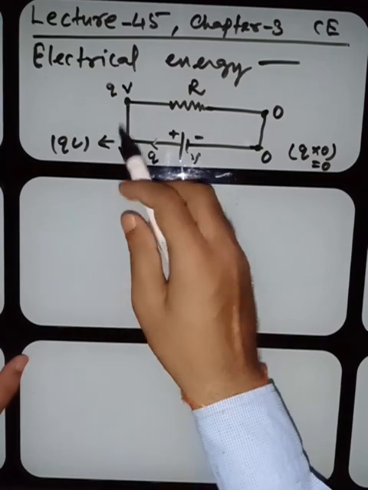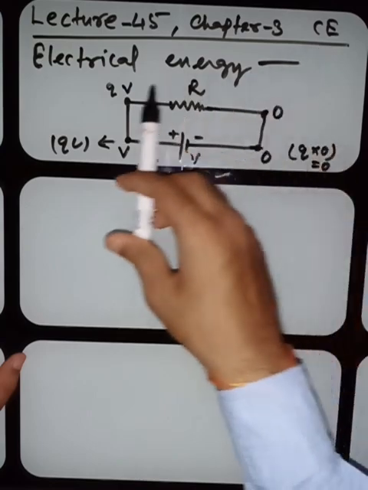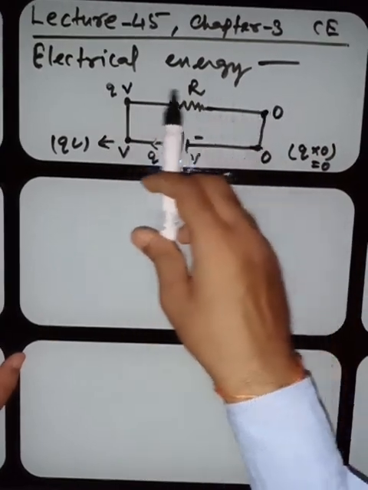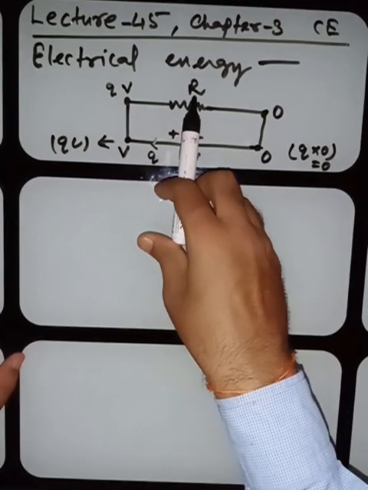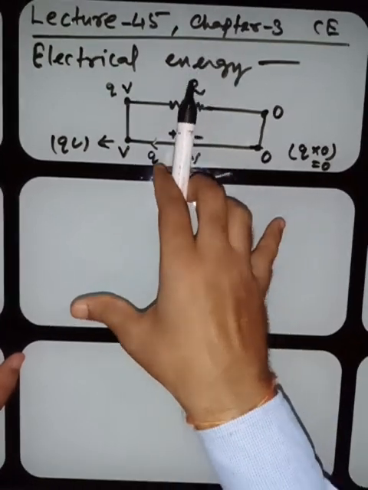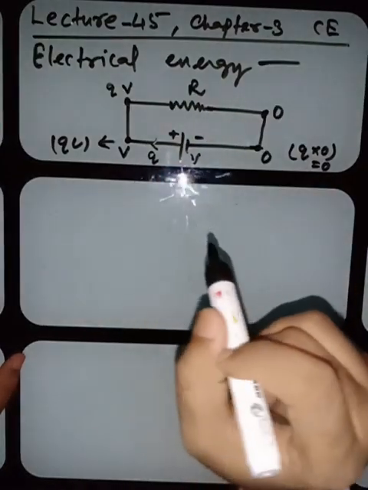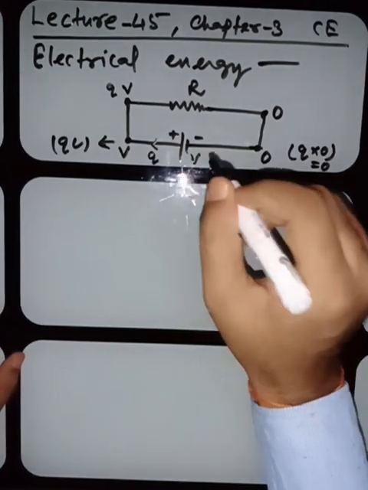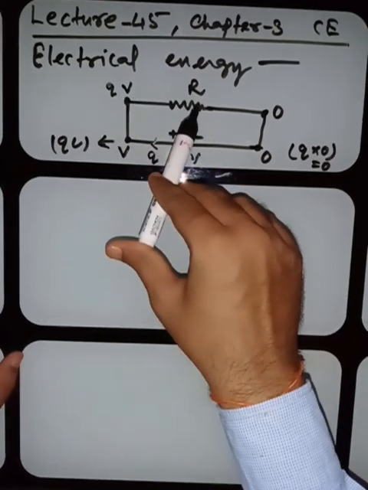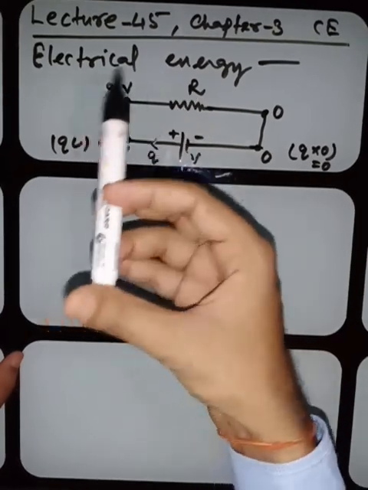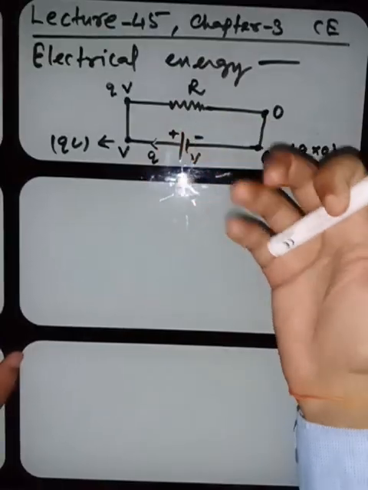But as you go from this point to this point, what will be the energy? Actually, where has this energy gone? This QV becomes 0. Actually, this energy is just withdrawn by this resistor, and that energy withdrawn by this resistor is what we have to study in this section. That is the electrical energy. Remember, this energy is lost on the resistor, and that energy we are going to study. This energy was well discussed by Joule,